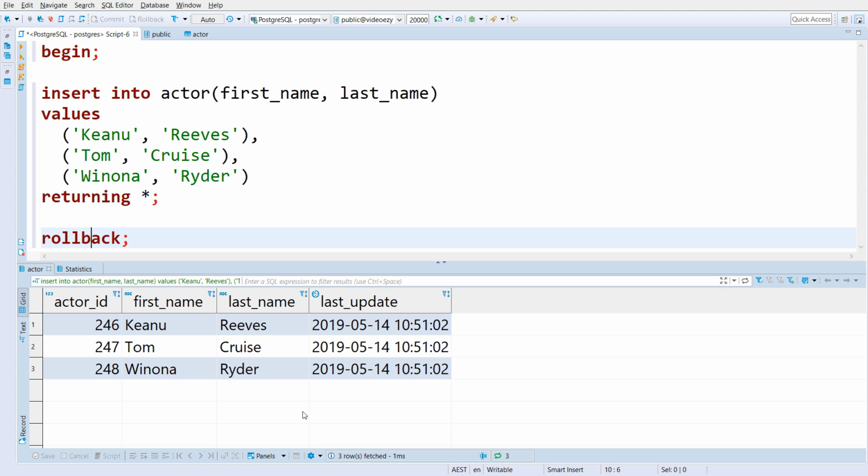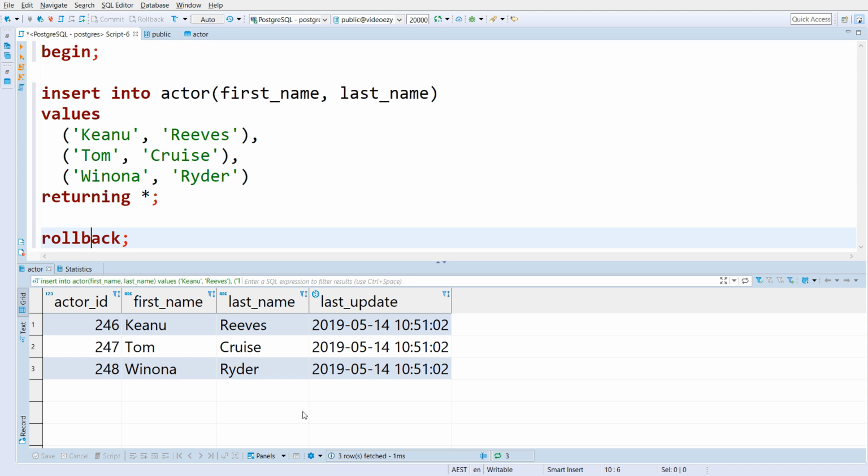So that's really useful. If, for example, I was writing a script and I performed an insert, and I wanted to find out, well, what are the default values that got inserted for me? In this case, I couldn't know ahead of time what are the different actor IDs or what last update date is used. If I make use of this returning clause and add it to my insert statement, I can get access to those new actor IDs, which I might use later on in some way in my script that I'm